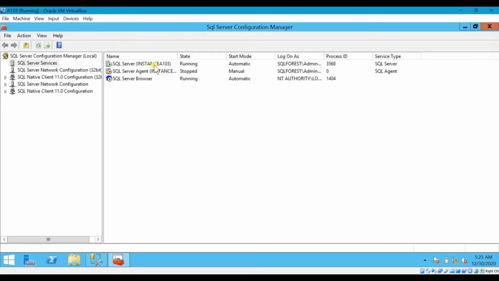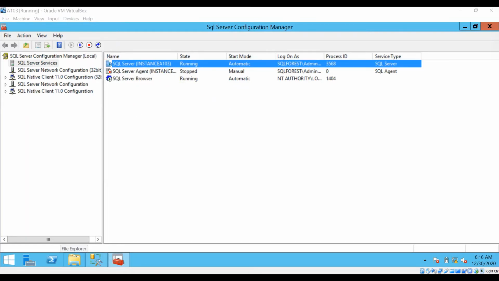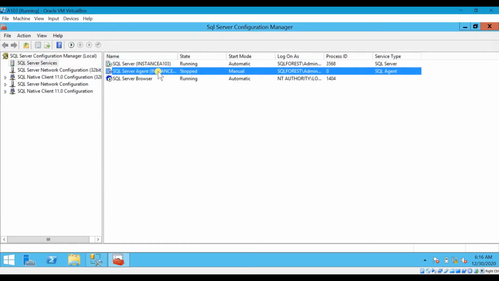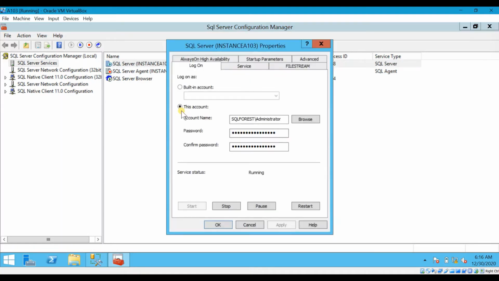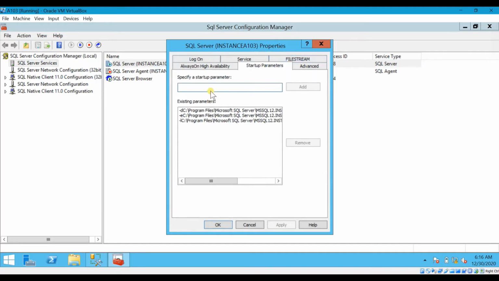So now I'm going to change the state to single user mode. For that, go to the instance name. In Configuration Manager, select the instance and right click, go to Properties, and then Startup Parameters, and then just add here -m and click add.